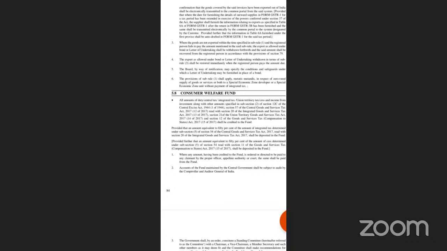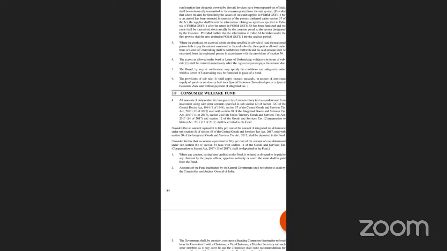And if he is getting that refund where he is not paying from his pocket, in such cases that benefit should not be given to the dealer or the supplier, because he is not able to pass on this benefit to the ultimate consumer from whom he has collected. That is the reason why a fund is being created. The created fund is called the Consumer Welfare Fund, and the government will transfer such refunds to that particular fund,